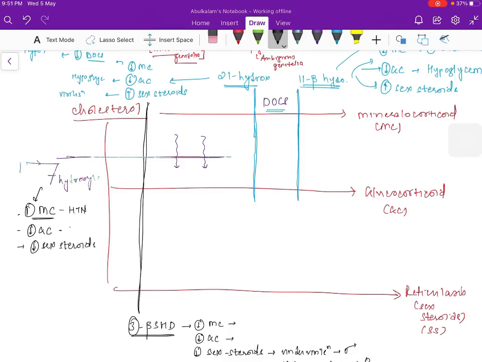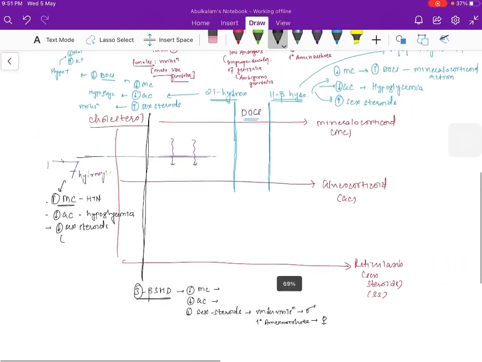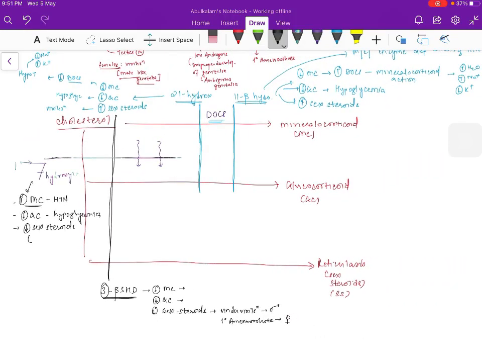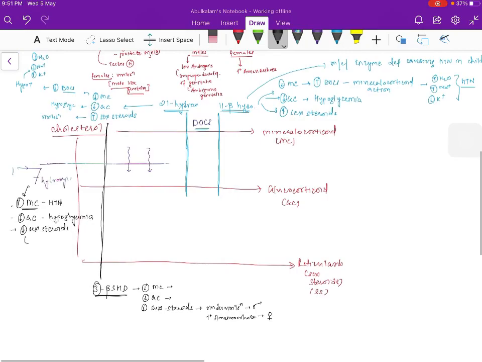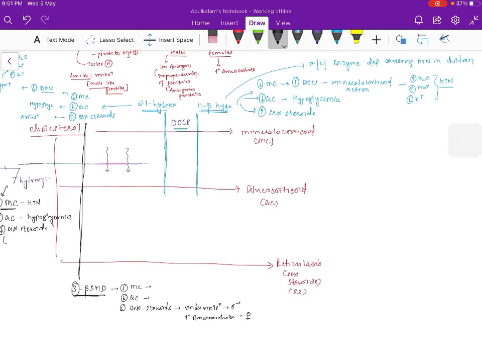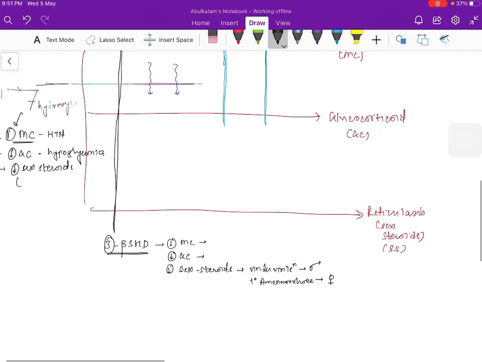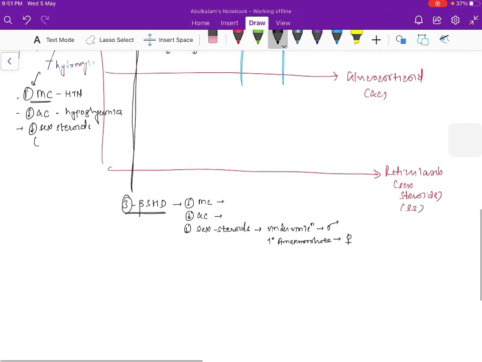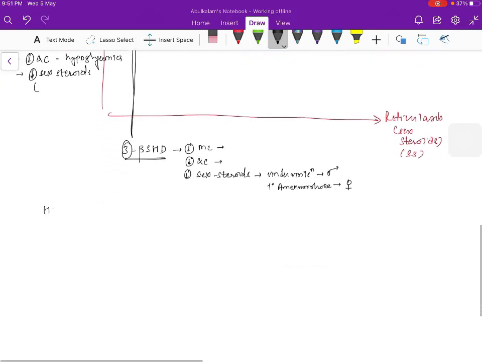Decreased glucocorticoids, that implies hypoglycemia, and decreased sex steroids, that is again undervirilization in case of males and primary amenorrhea in case of females, right? So this is the basic flow chart, or the basic diagram, which you have to remember in order to see the symptoms and clinical features of the various enzyme deficiencies, right? Now these are a few concepts which we have to understand. Usually in case of hypertension, you avoid steroids, right?